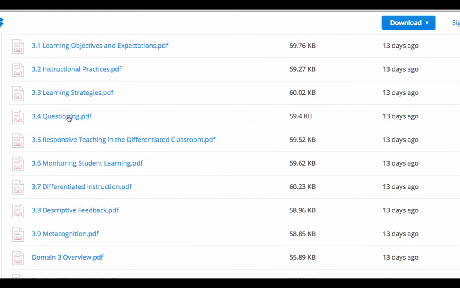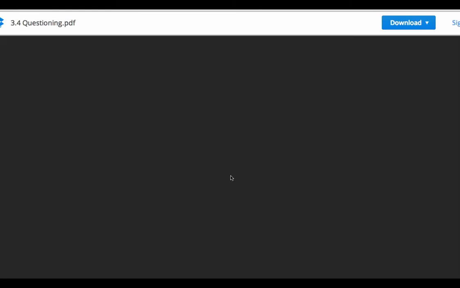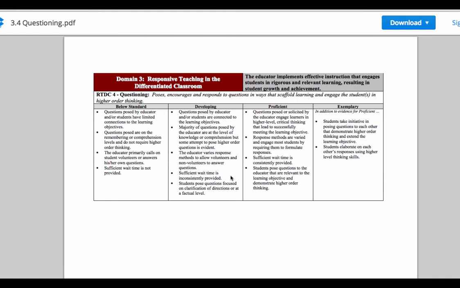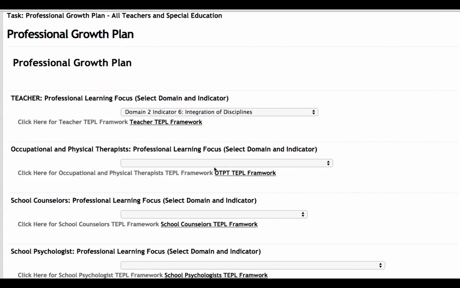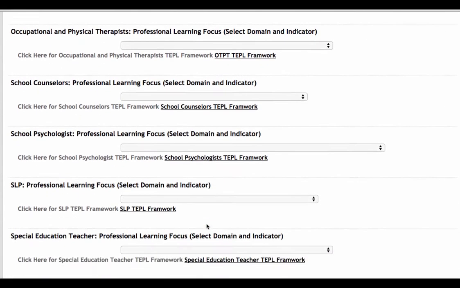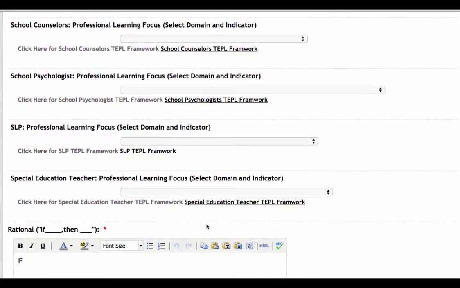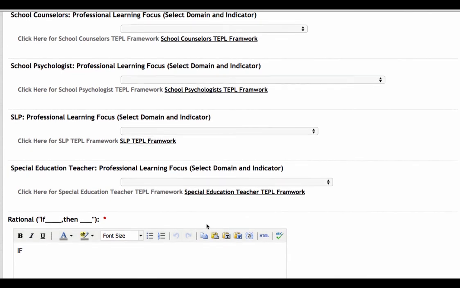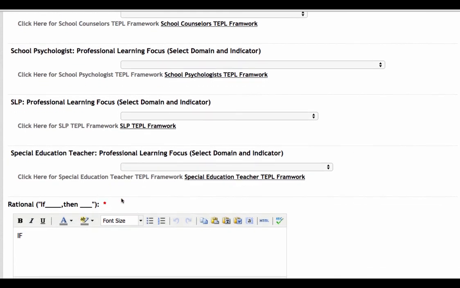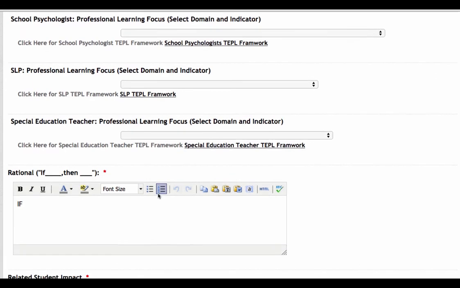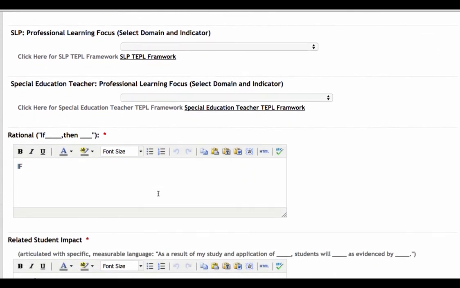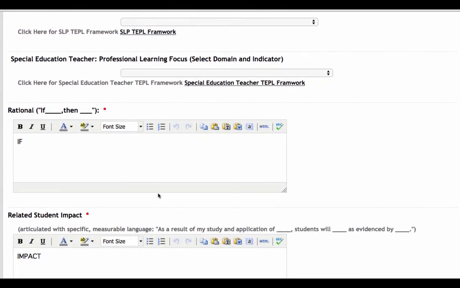If I go ahead and click on that icon, it's now going to bring up the actual text from the TEPL document. If I'd like to return to Talent Ed, I go ahead and close each of these windows, and I'm back to my professional growth form. At this point, I need to go through and enter all the boxes that have a star. I return to the form, and I have to begin entering text into each of these questions